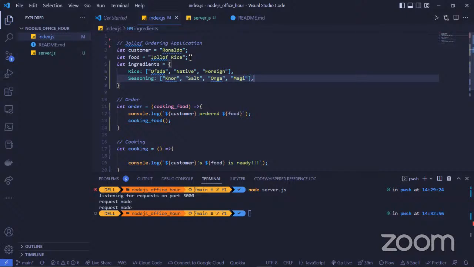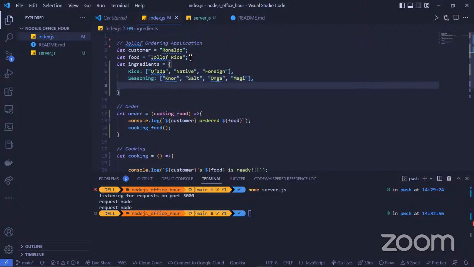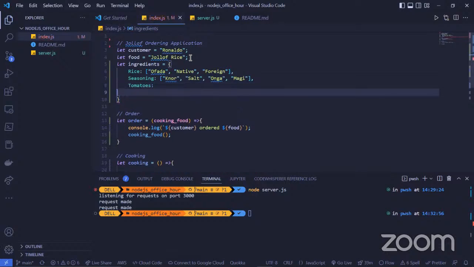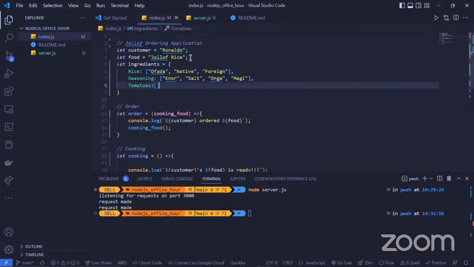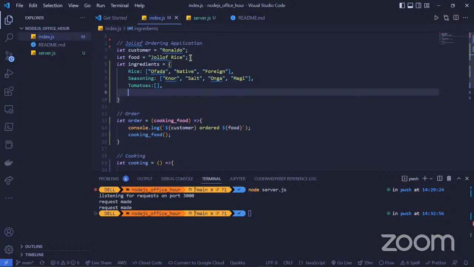Okay, there are other things that we can include here, like tomatoes, if we're going to be using fresh or pasted tomatoes, and what brand of the pasted tomatoes we are going to be using.